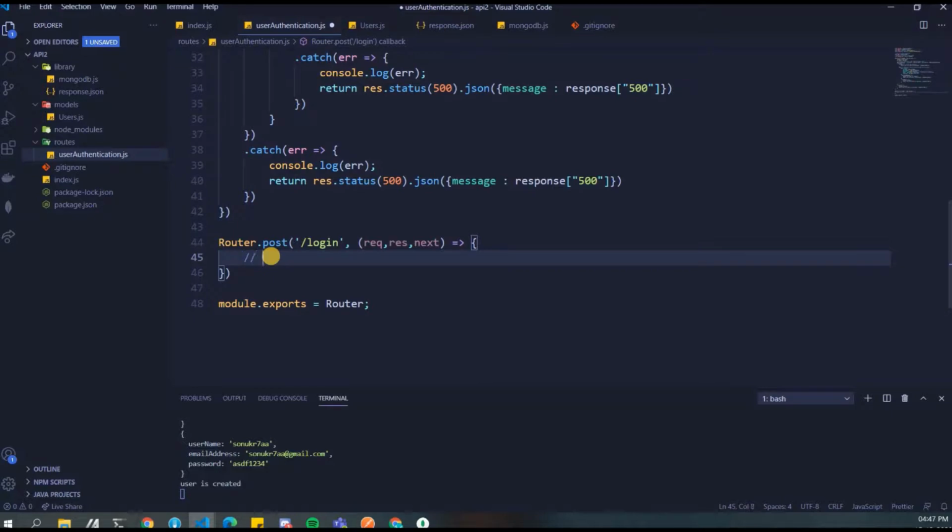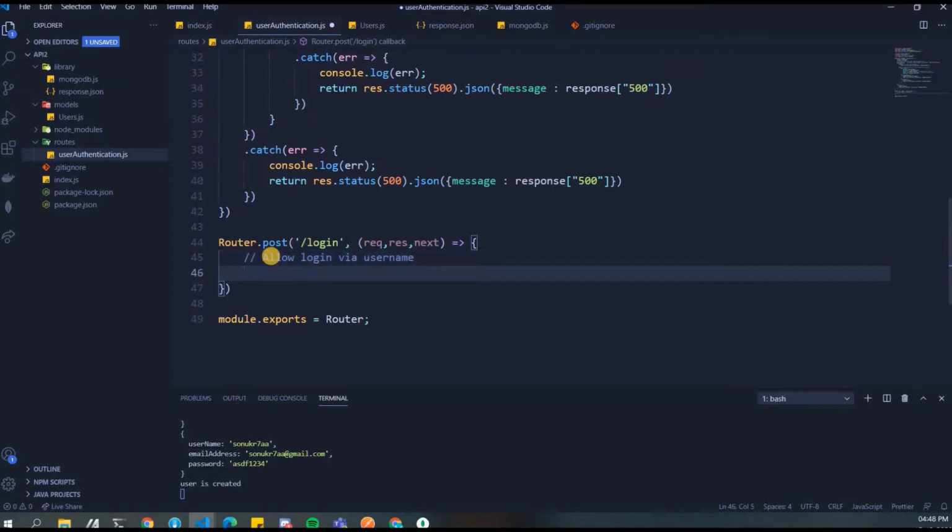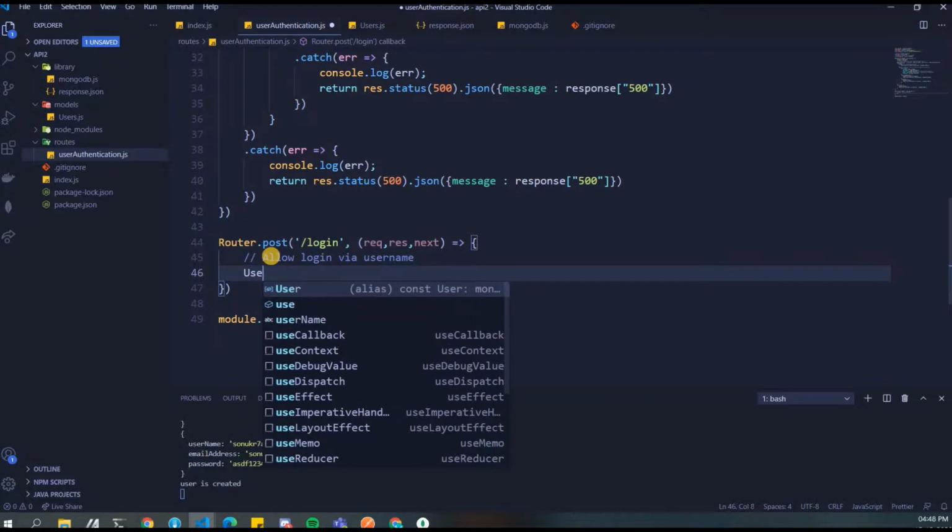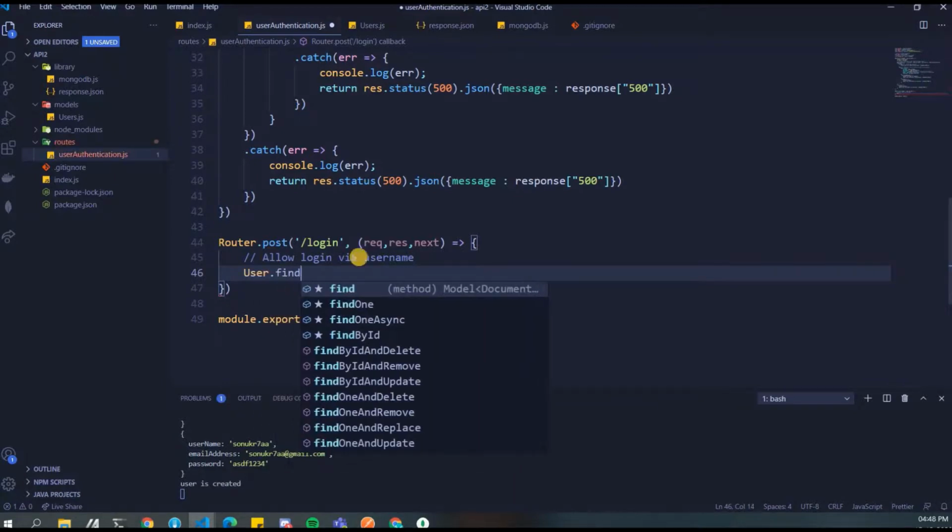So first thing is allow login via username. We are keeping it simple. You can just tweak the code and you can always allow login via username or password. So all these conditions you can give, right? So allow login via username. So let's just go ahead and find whether that user exists or not with that username.